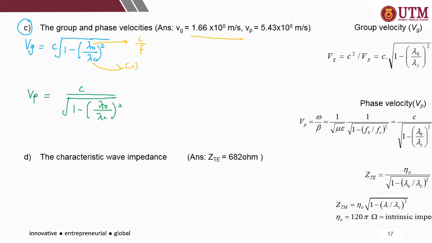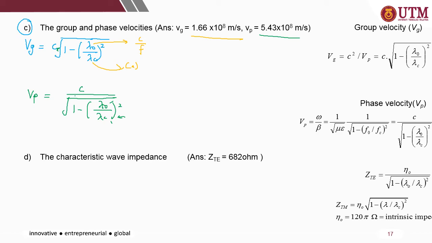So the difference between Vg and Vp, this one is multiplied by c, and this one is divided by c. Okay, so you know the lambda naught and you know the lambda c, so you can get the Vp straight away equal to this. Okay, lastly,